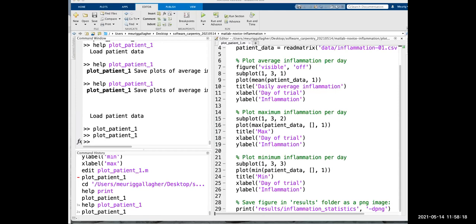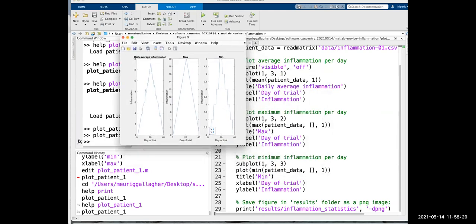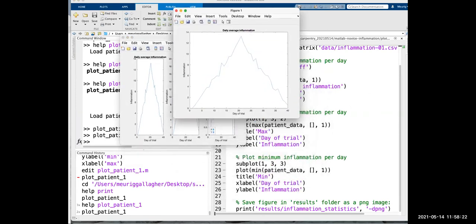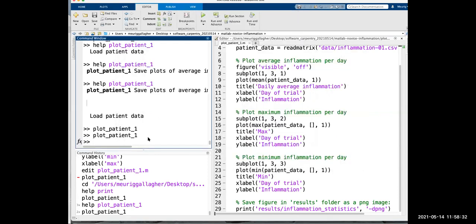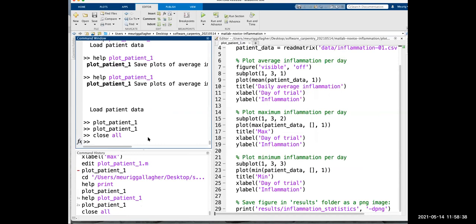But you might notice now, if you've been coding along as I go, we've got lots and lots of different figures all open. You know, the screen might be getting quite confused with all of these. We don't want to have too many figures open all the time. It just gets a bit messy. So we can use the MATLAB close command, and just like the clear command, we can say close all, and that just closes all our figure windows and tidies everything up.